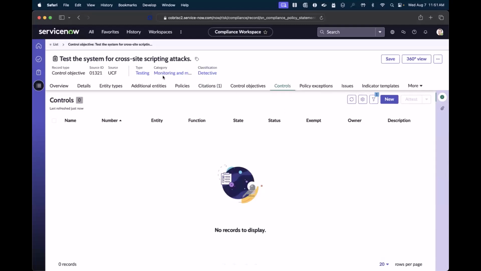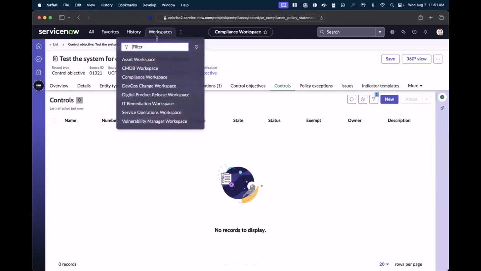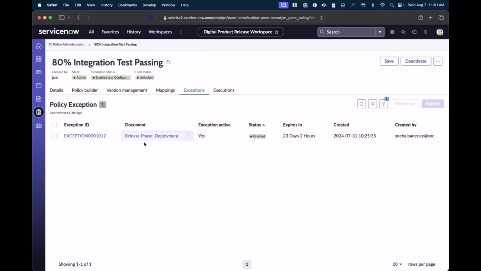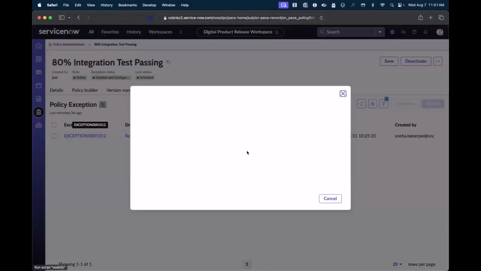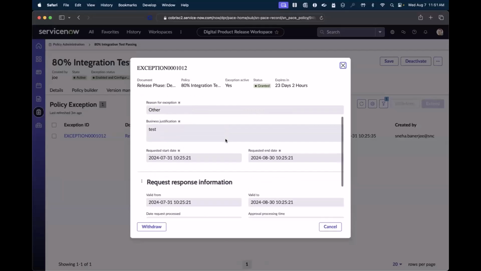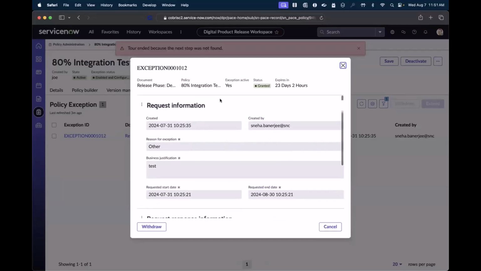Now I'm not going to wait for the background task to finish. Once that is set up, that unlocks the ability from within digital product release to ask for exceptions to a particular control. So my 80% test passing, I have a release that isn't able to meet it. So for this particular release phase, I have this policy that I've asked for an exception that will go through